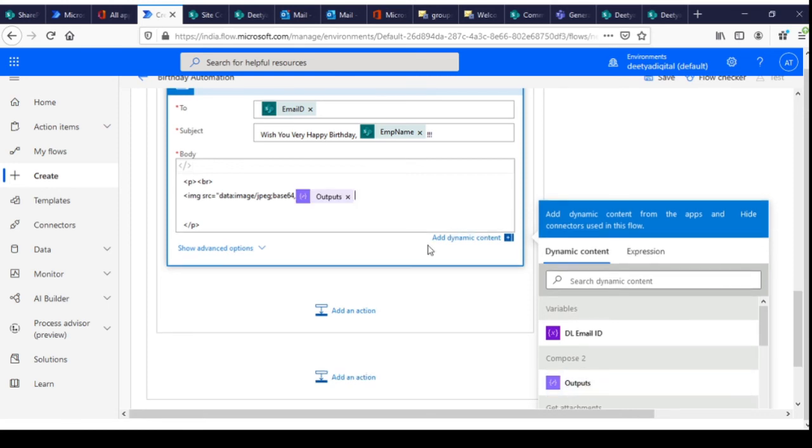The compose 2 output carries the attachment content. So that's why we are putting that output.